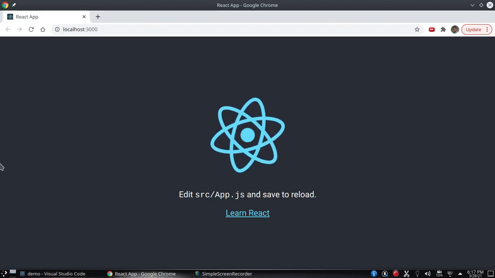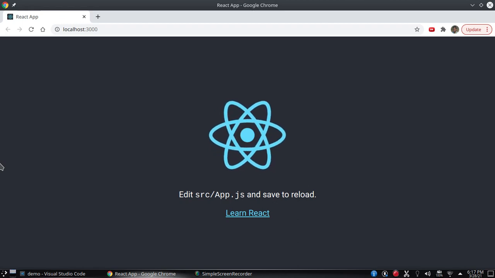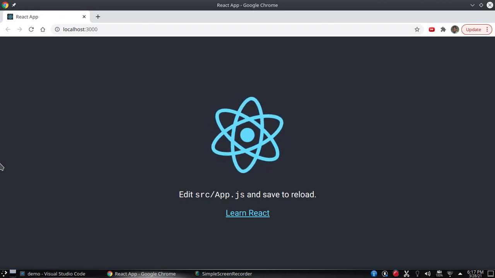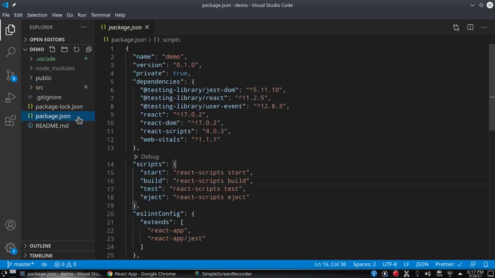In the previous video, we have created a React web application. So in this video, we are going to see what is in our project. So let's open package.json. Package.json is a JSON file which defines some of the properties for our project, such as